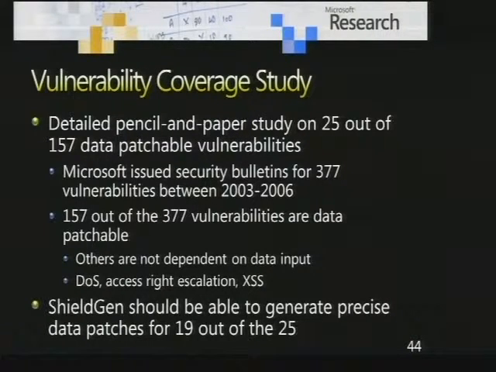Basically, in a 3-year time frame, Microsoft issued 377 security bulletins, and we went through all 377 and found that 157 of them are data patchable, meaning we can have an input filter to filter the attack instances, because the rest of them are either access right escalation or cross-site scripting attacks. And for the 157, we randomly picked 25, and in the 25, we found that for 19 of them